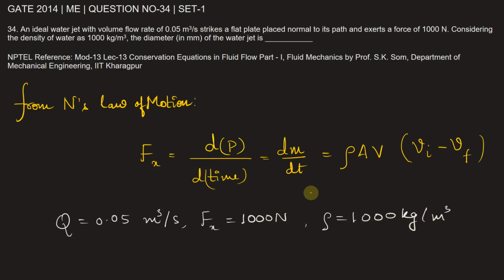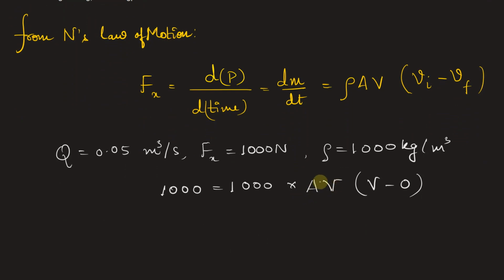Now if we substitute that in the above equation, we can write 1000 Newton is equal to density, also 1000, multiplied by a into v multiplied by v minus 0. Why? Because the final velocity when it strikes the plate will be equal to 0, and the initial velocity of the jet we are considering as v. This will be equal to 1. We can just cancel out these zeros, so 1 is equal to a times